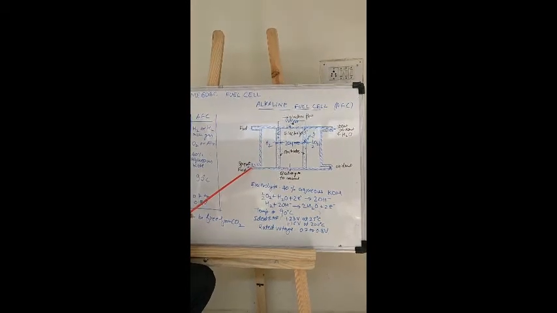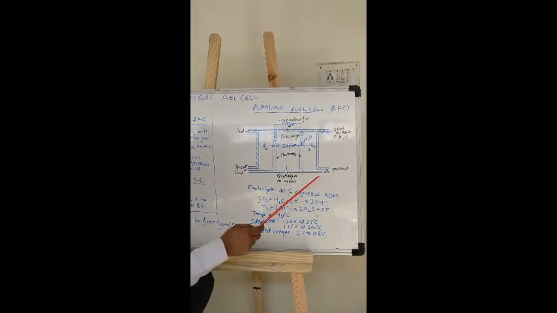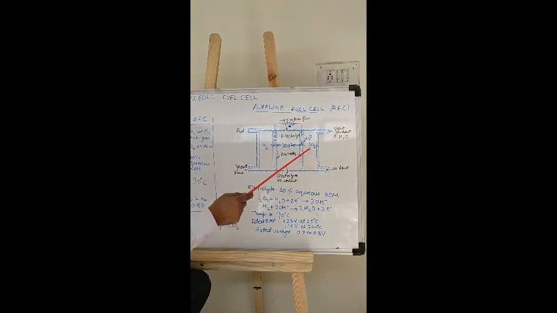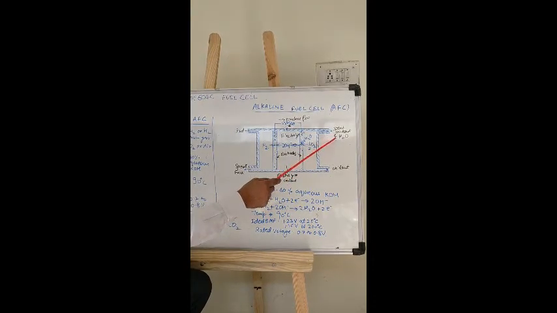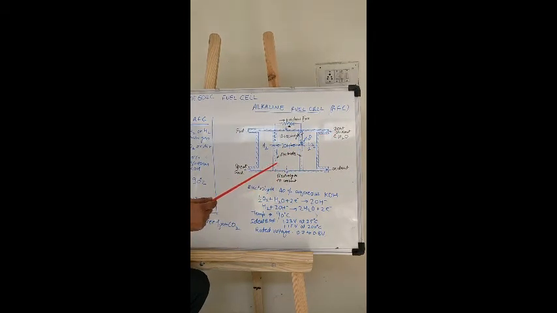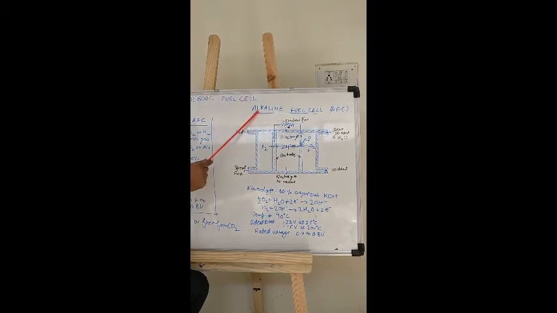So the rest of the working of the fuel cell is similar to phosphoric acid fuel cell. Fuel is supplied, and is taken out from this end gate. Similarly, oxidant is supplied from this end to the electrode, and spent oxidant and water vapor is removed from this end. During the chemical reaction taking place inside this, the temperature increases. This type of fuel cell, alkaline fuel cell, can have operating temperature up to 90 degrees centigrade.